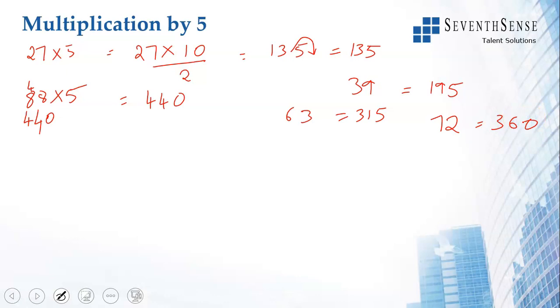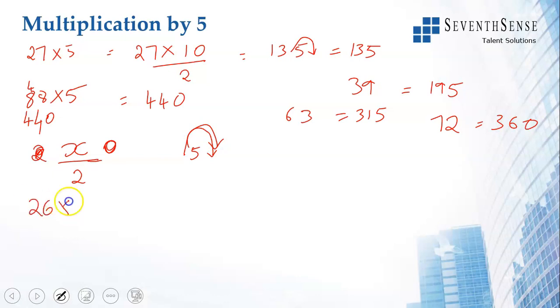So I repeat, if you have to multiply any number by 5, whatever the given number x is, you divide it by 2 and then add a 0. If you get a decimal, you move the decimal to the right. A number can be either exactly divisible by 2 or leave a remainder of 1. If it is exactly divisible by 2, you add a 0. If it is not divisible by 2, it will leave a remainder of 1, which means it will give an answer with 0.5. Then you move the decimal to the right. Let us look at a few questions.